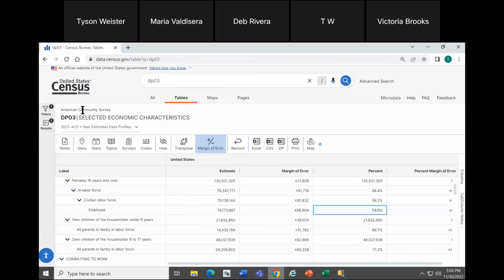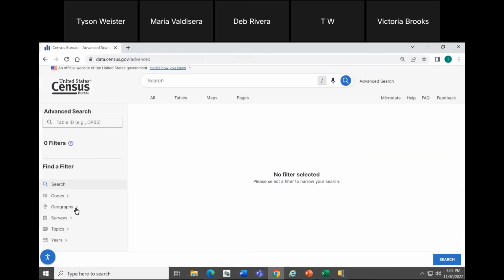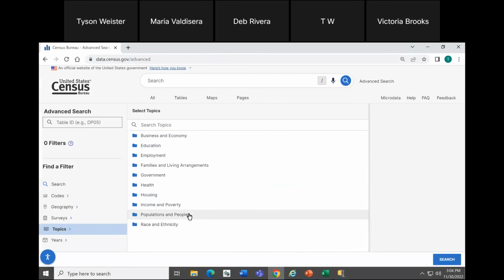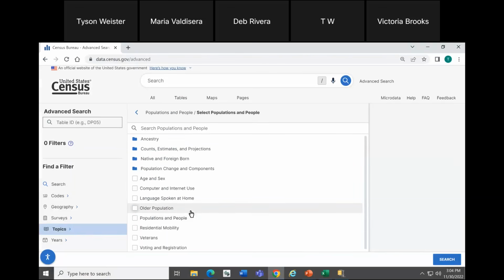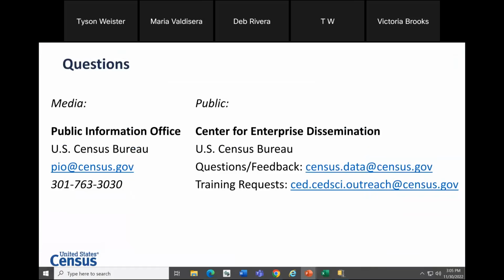On a high level, I can point you to where you would start in the filter panel and then invite you to email us. That is some of the more complex data that we have. So for race and ethnicity, under topics, you would see race and ethnicity. That's going to take you down the pathway to get to Asian and some of the detailed categories. And then under populations and people in the filter panel for topics, you'll be able to see native and foreign born. You can start drilling into those folders in order to get to Asia or China as examples. And again, more than happy to help walk you through that step by step if you shoot us an email. Thank you for your question.